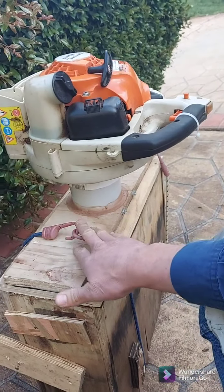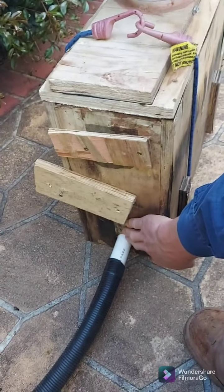Never mind. All right, so next portion of the video. I've set the leaf blower up and it's running and sitting out there with Aussie straps holding the last adapter in place. It's not screwed on. And I've got the vacuum hose there ready to go with an adapter on there with a nice gentle vacuum